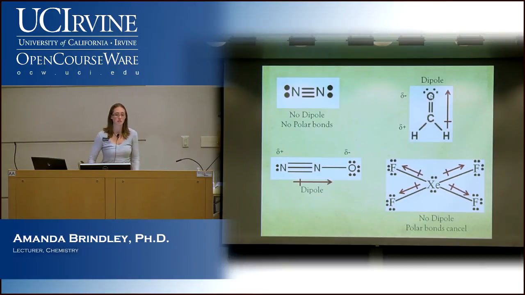With the bottom right example, where the polar bonds cancel, do you still want us to write the arrows? No, I was just doing that mostly to show you where the polar bonds were that you had to worry about. If I were to ask you if this has a dipole, I would just want you to say no dipole. Otherwise it looks like you're trying to make 4 dipoles. So this one just shows you where the polar bonds are, but good question.